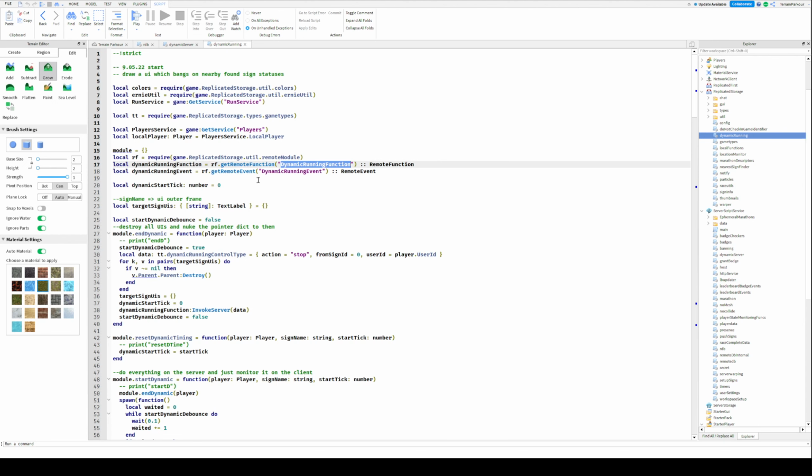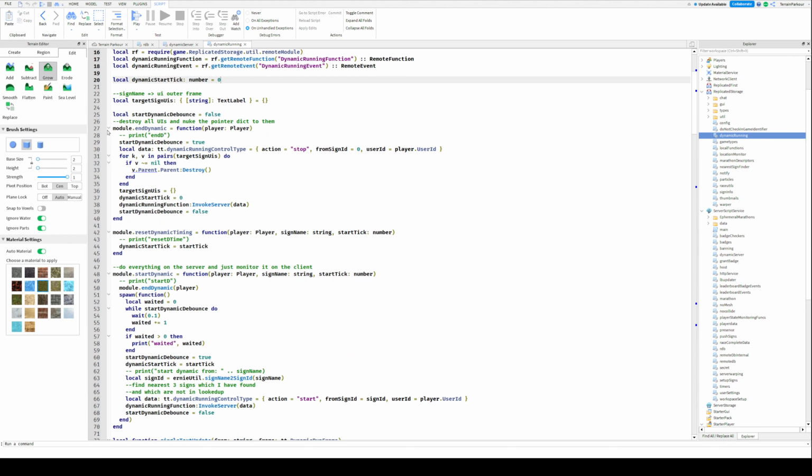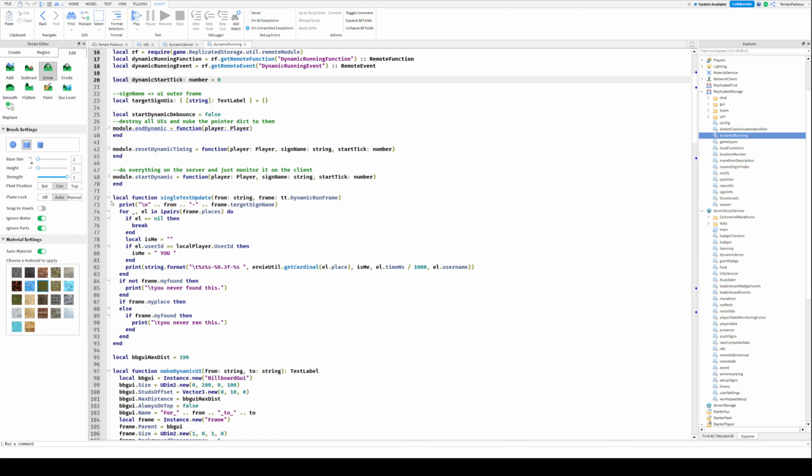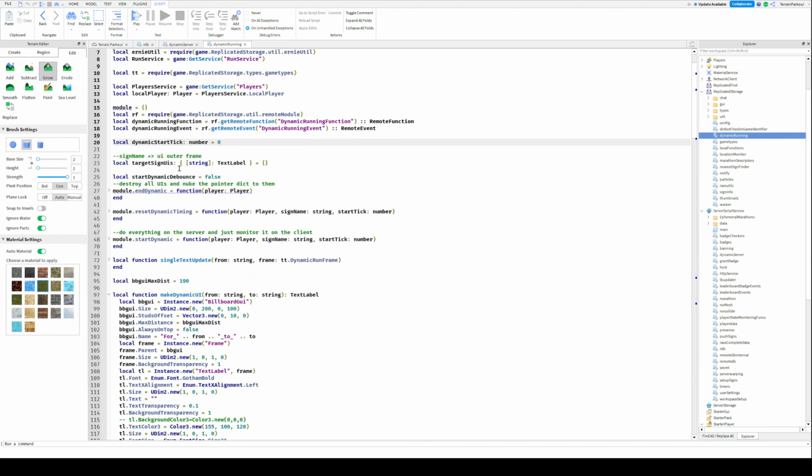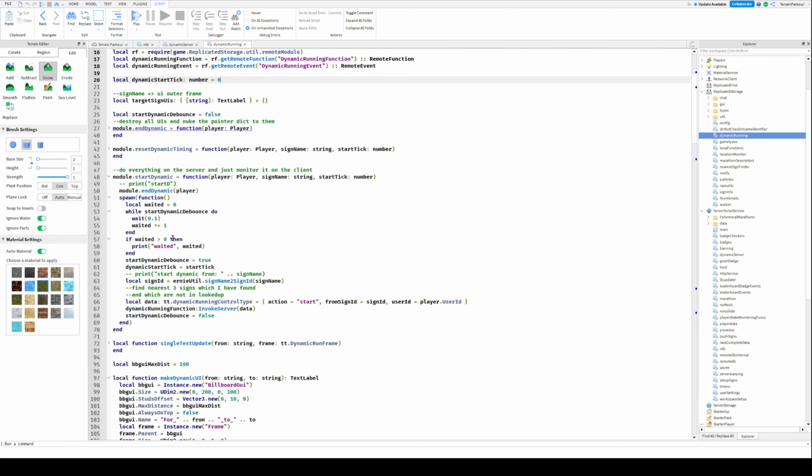Okay, let me just describe how it works. It exposes two main methods, start dynamic and end dynamic. When you touch a sign, we do start dynamic. And when you end a race, we do end dynamic. What does this do? When you do start dynamic, first it kills any existing dynamic run. Then it spawns a function which is just going to stay in space. It's going to get the lock. It's going to print if it waited. Hopefully it won't wait. It's going to find the nearest sign. And then it's going to